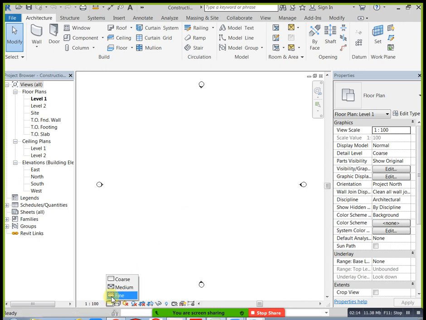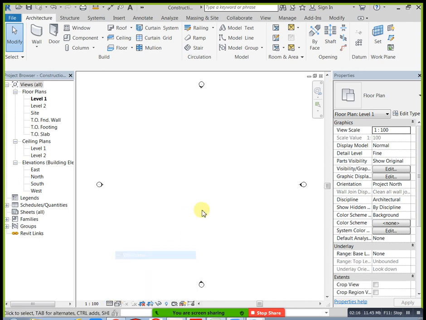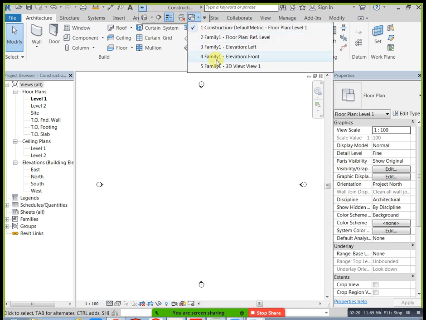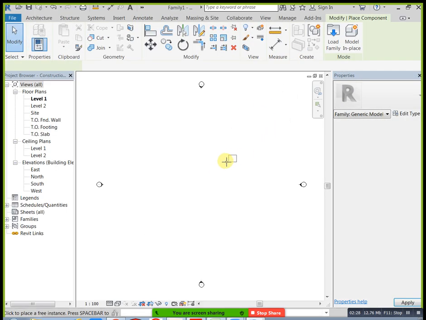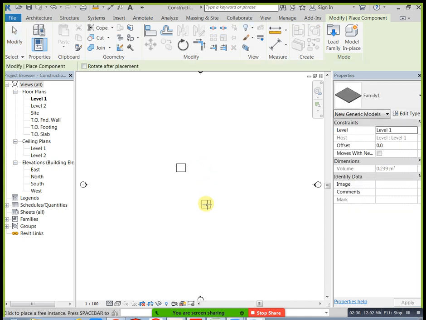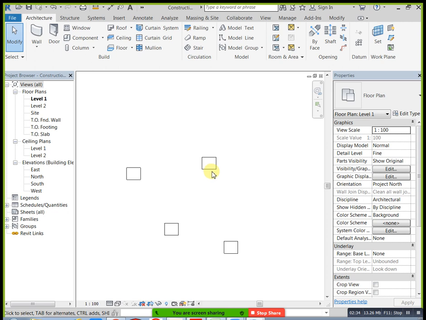In this project I need to load that model before the parameters application. Just go to this. This is our model, right? This model I need to load into the project. Just directly you can place it here and here and here, like this.